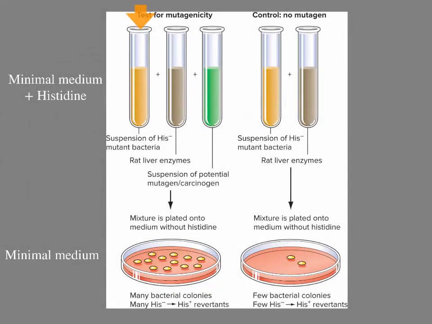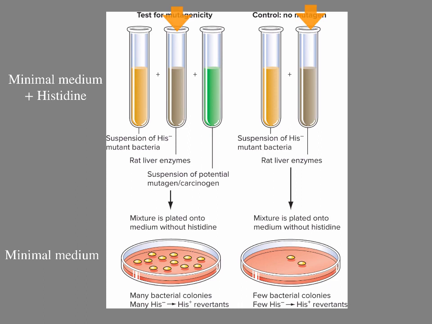Here's how it works. His- auxotrophs are grown in minimal medium with a histidine supplement in the presence of a compound that might be a mutagen, or in its absence as a control. Rat liver enzymes are present in both cases. These enzymes are like human liver enzymes that might chemically alter the suspect compound. They are added because we want to know whether the compound is a mutagen when ingested by humans and exposed